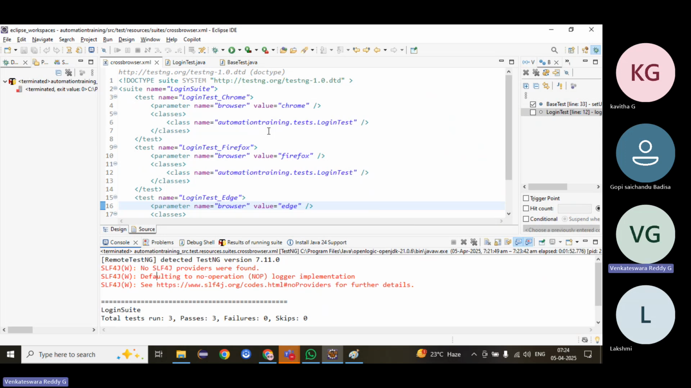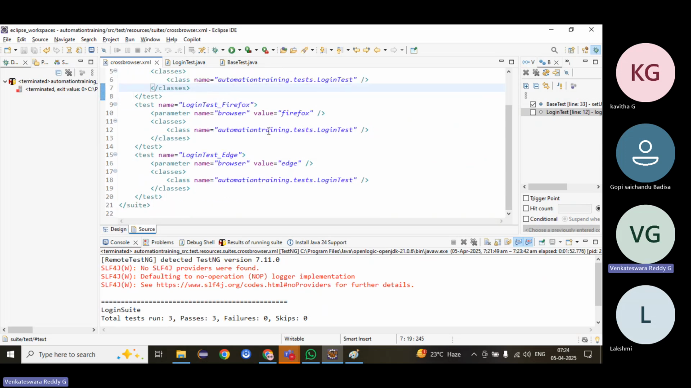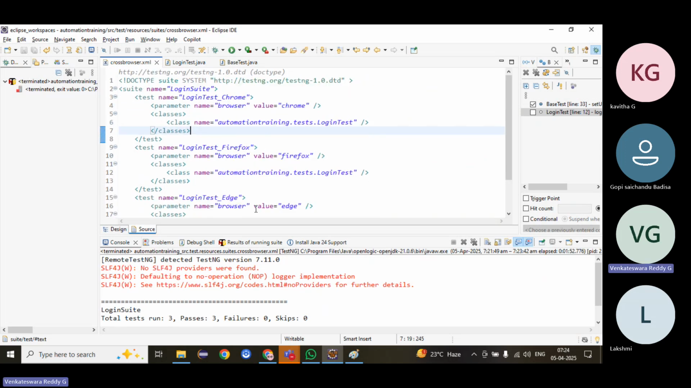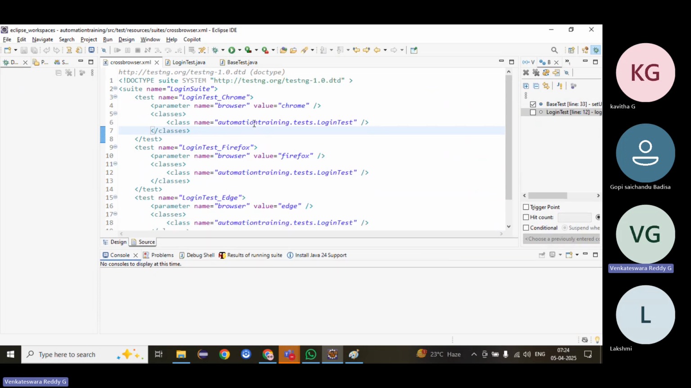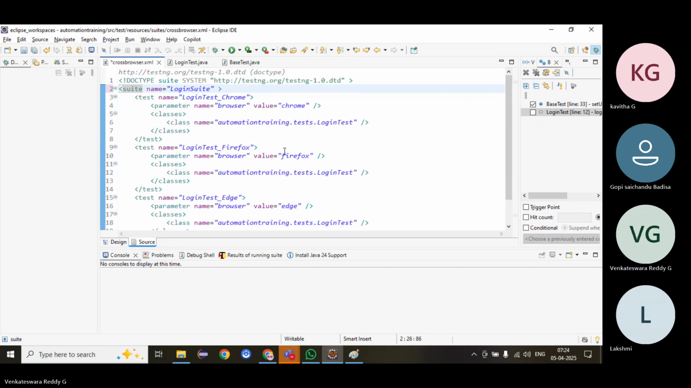Someone, your manager, will ask: it takes more time, can you please check how to reduce the time of execution? Then we will do the parallel test. Instead of sequential, we will do parallel. How to execute in parallel? A lot of people will first say to keep something in the TestNG file. There is an attribute parallel,